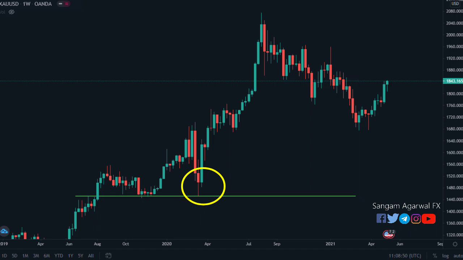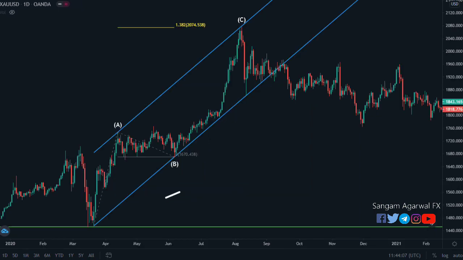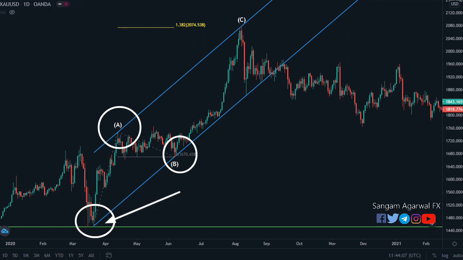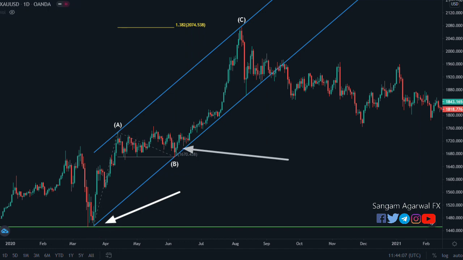When you buy gold here, if there is a parallel channel, then it will start from here. To get the bottom of the channel, you have to understand the previous trend. Now you get the bottom, then you draw the parallel channel using 3 points. This was your first entry. This is your second entry. Now you have 2 entries and price is trading inside a parallel channel on the daily chart.